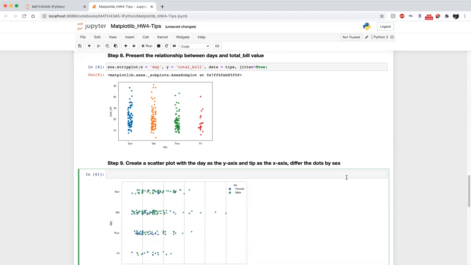So sns, and then strip plot. The x must be what? Now not day, but tip, right? Sorry, tip. And the y-axis must represent the day. Okay, and then hue is equal to